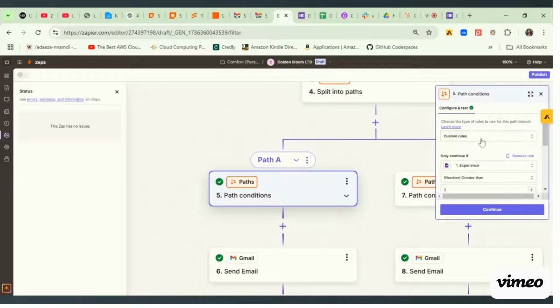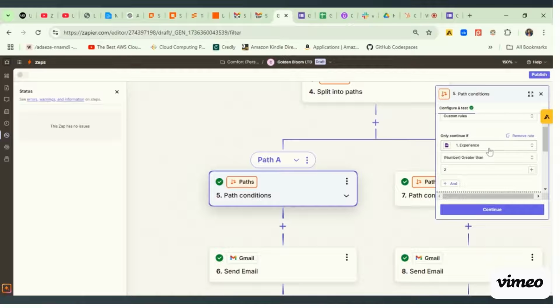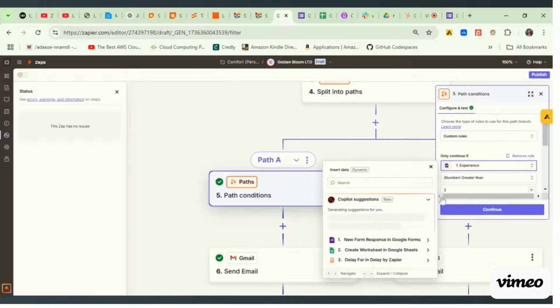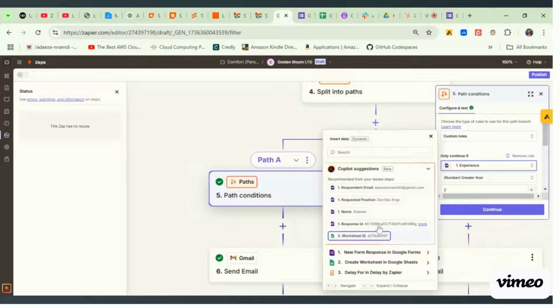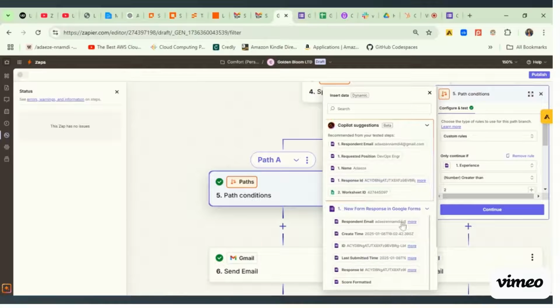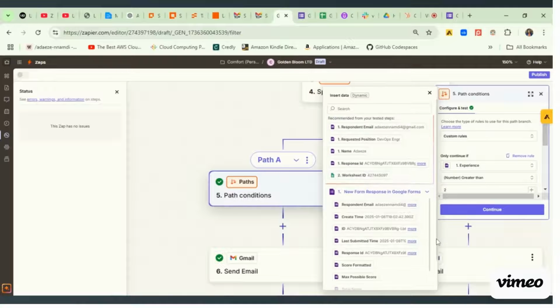So custom rules, yeah, it's a custom rule because we're using conditions. It's a conditional configuration. So what do we want to configure? Certainly their experience. We scroll down. If you don't find the experience suggested by Copilot here, you can just click on the form. That's the Google form from the trigger step, and scroll down and look for